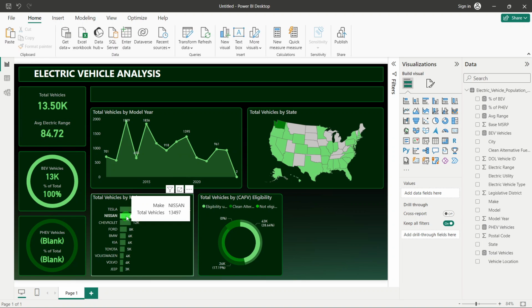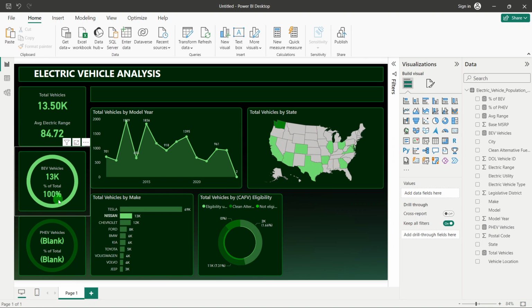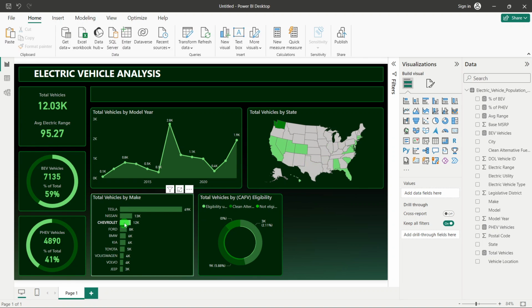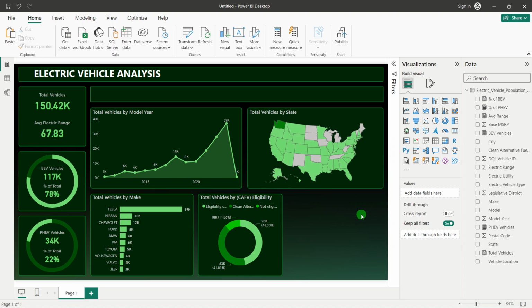Similarly, if you want to see for Nissan, for Nissan also 100% are electric. If you click on Chevrolet, you can see Chevrolet deals with both 100% electric vehicles and also hybrid electric vehicles. So this is very important, guys. In this way you have to read the insights, which your client also can take from here. All right. So now next what you can do is